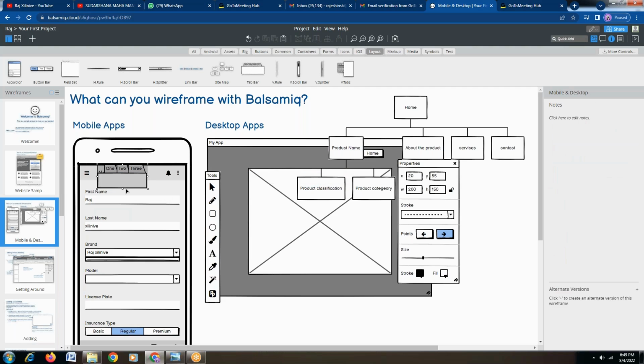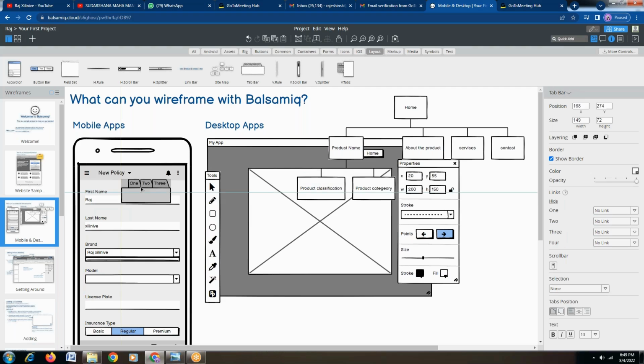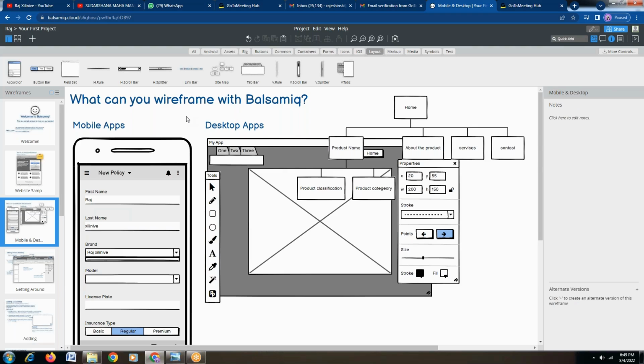So these tab bars can also be established wherever it is required and wherever we want it, depending on the need. This also can be created, right? So we can create a tab bar here, and whatever changes are to be made to the existing ones can be done. So these are the advantages. Even we can use tab bars, we can create some sitemaps, we can use some scroll bars.